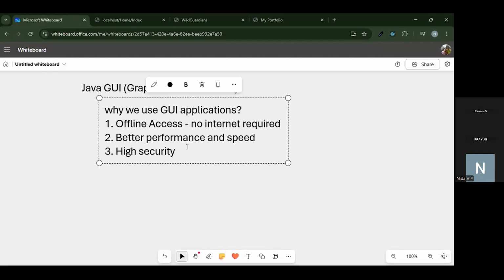the security part. Instead of the applications storing data in the cloud, it will store the data in my system itself. And web applications are more vulnerable to hacking since the data is stored on online servers. For example, banking software used in ATMs is a GUI application so that they can keep the transactions in a secure way. Okay, all right. Then the fourth one,